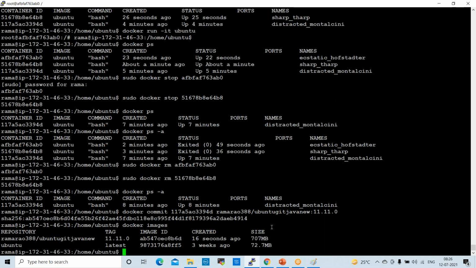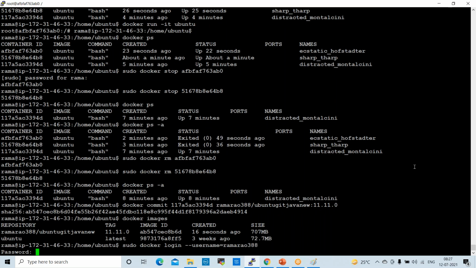Fine. Now, once we convert into an image, finally, what we will do, we'll push this image to Docker Hub. Okay. How to push this image to Docker Hub? So we'll try to understand. Prior to pushing to Docker Hub, we need to log in to Docker Hub from the local machine, right? So how to log in? sudo docker login, space, hyphen hyphen username equal to Docker Hub username.